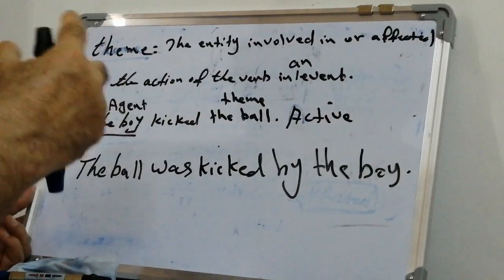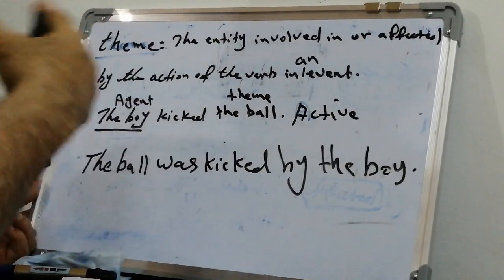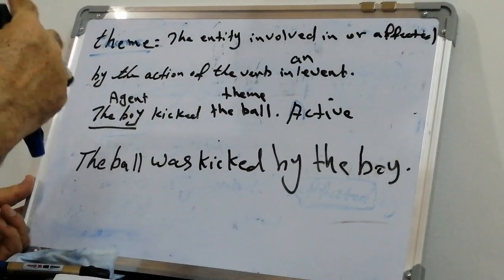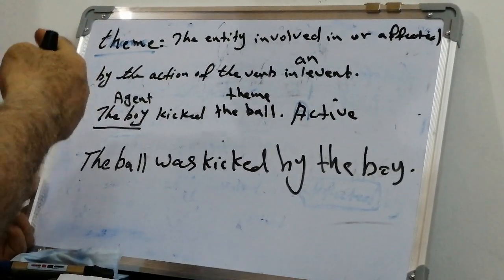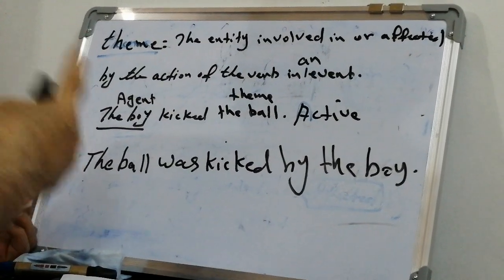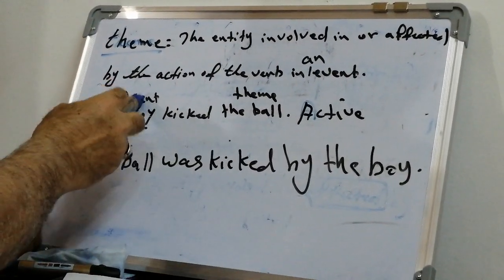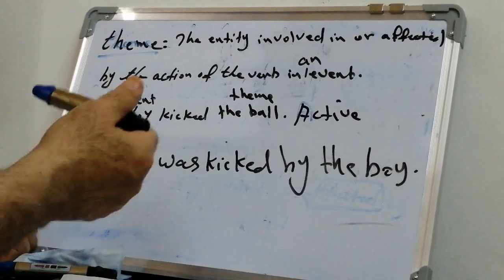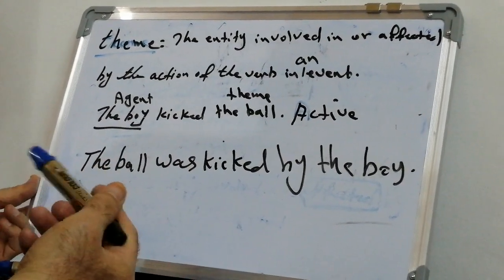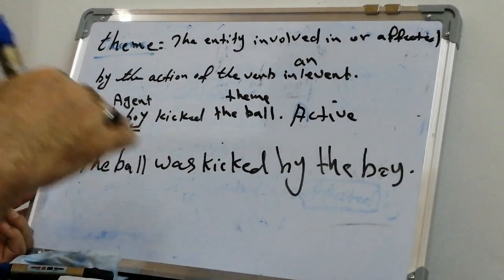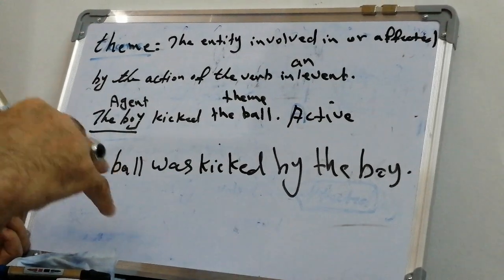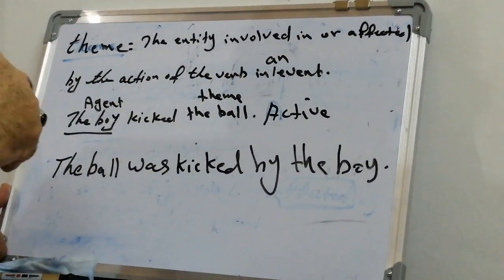Okay, so I stop here. I don't want to confuse you, I just want to go step by step. So far we have taken two semantic roles. The first one is the agent, the second one is the theme. In the next video, God willing, we are going to talk about the remaining thematic roles, and later on after that,